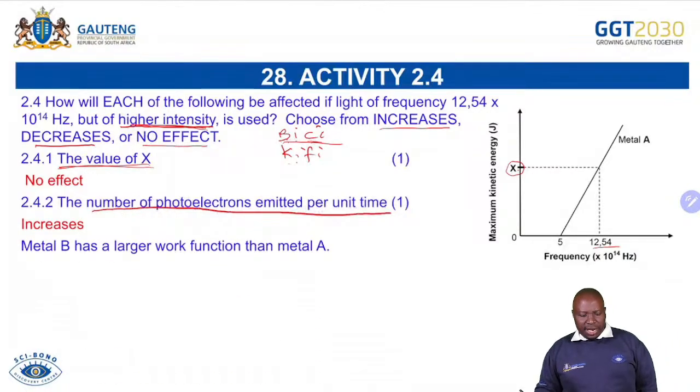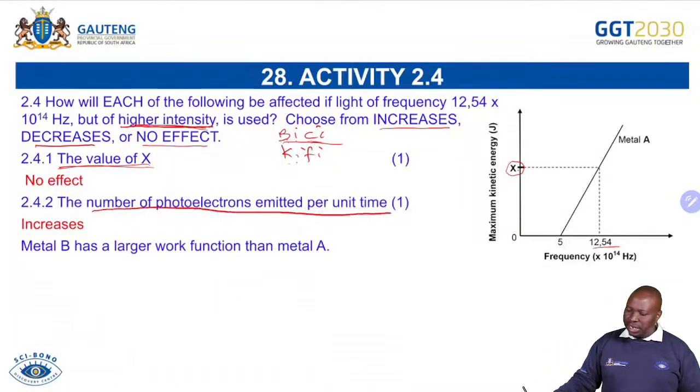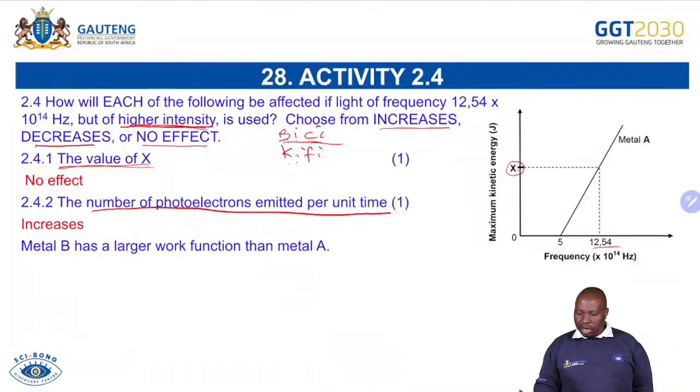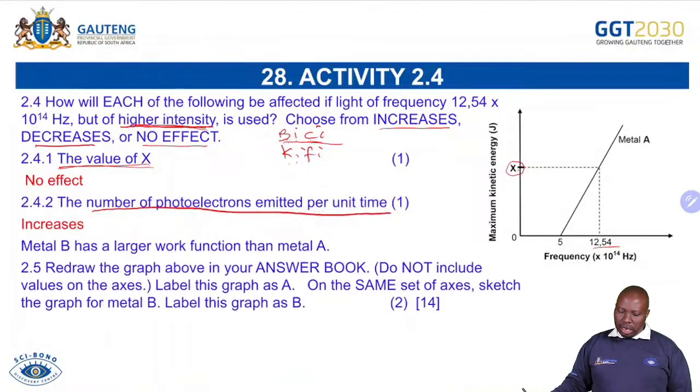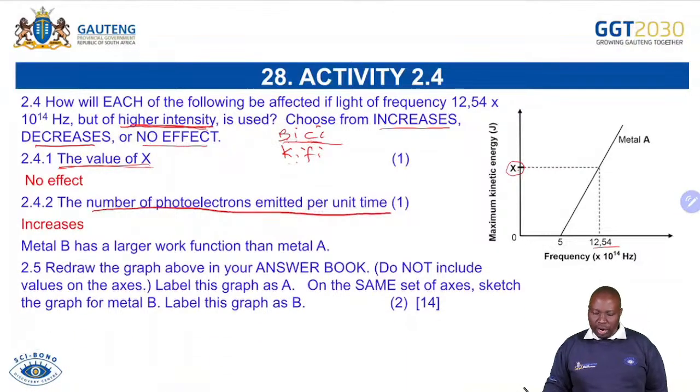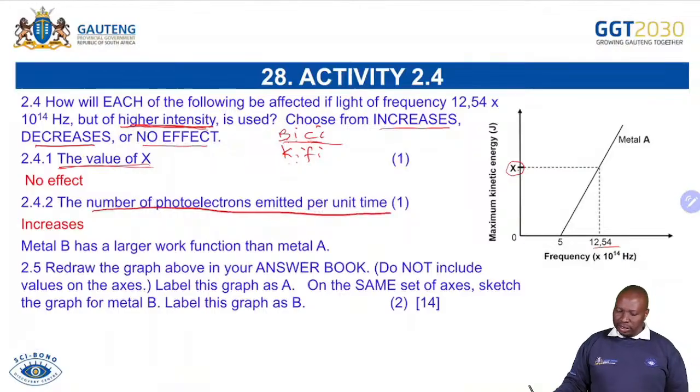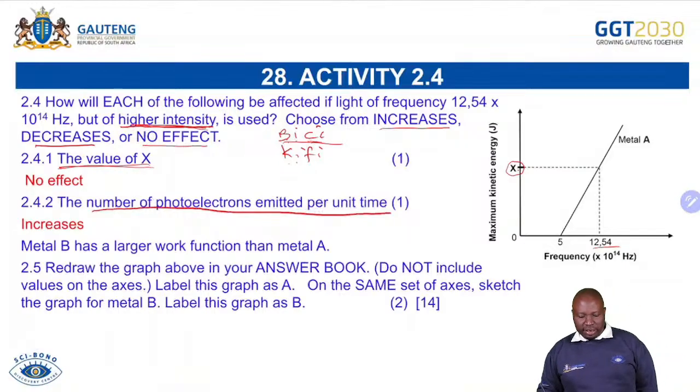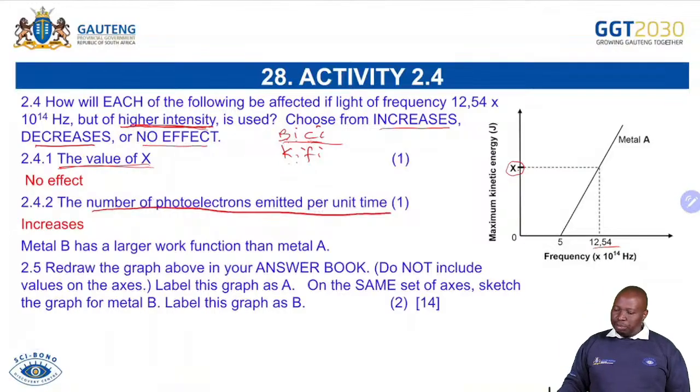Now, metal B has a larger work function than metal A, and then you are able to redraw the graph above in the answer book. Do not include the values on the axis. Label this graph as A. On the same set of axes, sketch the graph of metal B. So you had that one, which is now